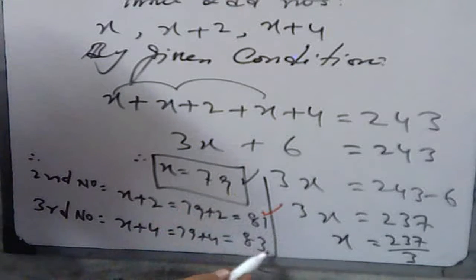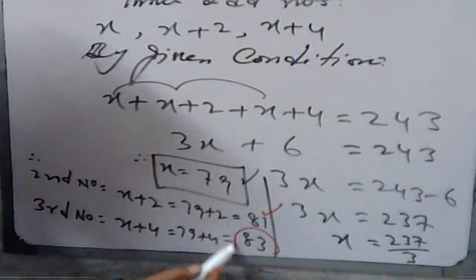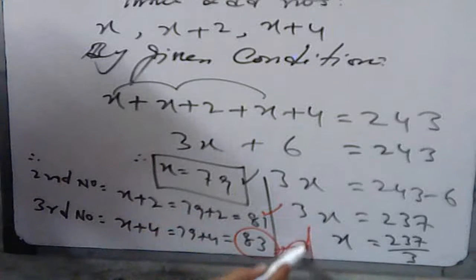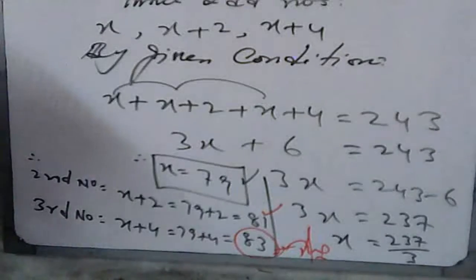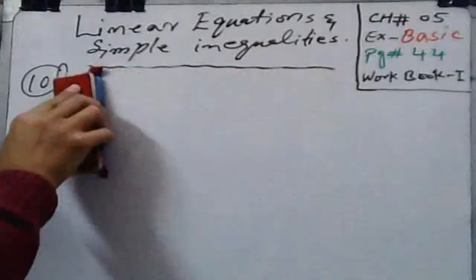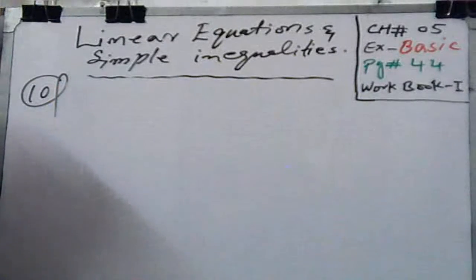Now in B part, read the statement carefully. The sum of 5 consecutive even numbers is 220. Find the smallest number. Okay, now in B part, suppose